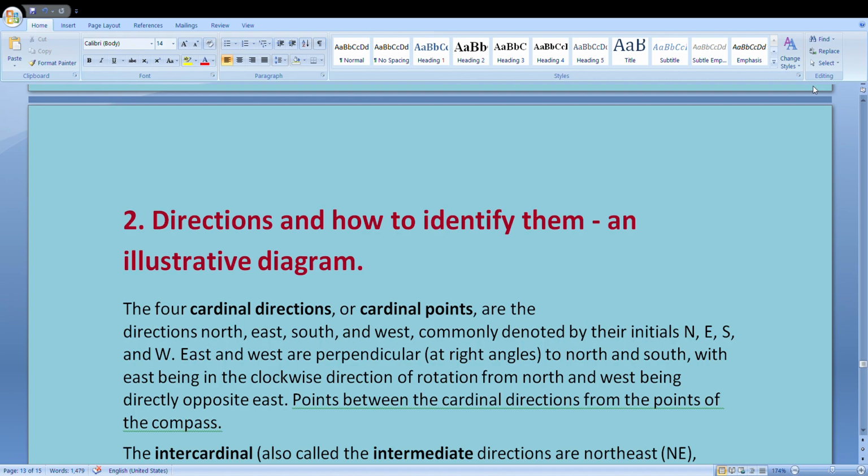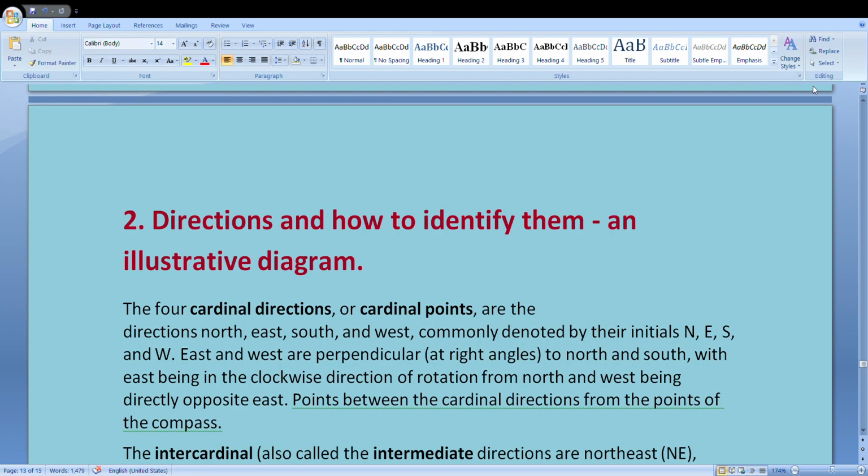So if you have to explain the location of any place, like Afghanistan, Afghanistan is located in the northern part of India, while Nepal is in the northeastern part of India. So we will never say that Nepal is located in the east northern part. We will always say that Nepal is located in the northeastern part. So in the directions, remember, north is given first preference, south is given second preference, east is given third preference, and west is given fourth preference.